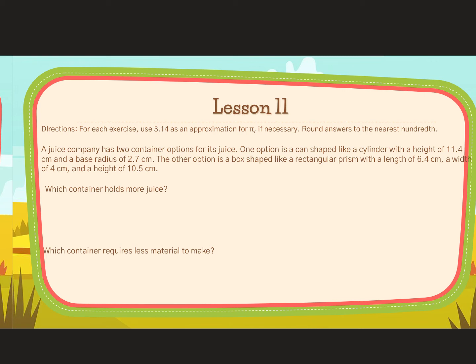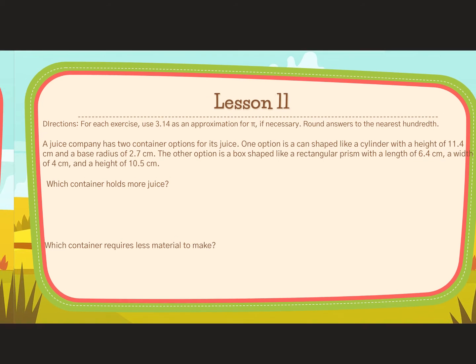All right, so now it's asking us which container holds more juice. So the first thing we need to look at is volume. Let's look at the volume of the can. So volume of a can, we're going to use the formula pi r squared h, because remember a can is a cylinder. We're going to use 3.14 for pi. We see that the radius is 2.7, so we are going to have 2.7 squared, and a height of